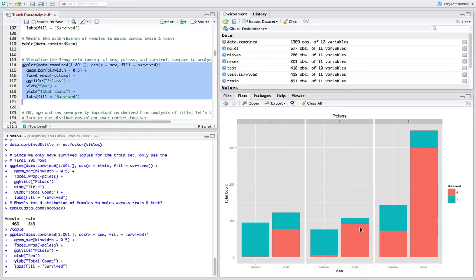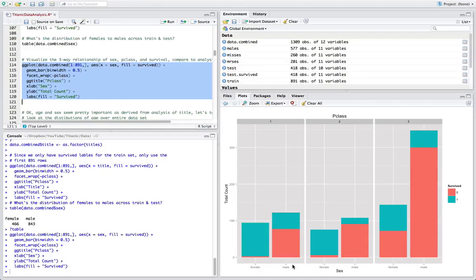And surprisingly, in second class, they actually got quite a bit worse. And then maybe if you look at it proportionally, second class for males isn't necessarily super better than third class, which is potentially interesting. Now, this plot is very much an exploration because, as we saw from the previous plot with title,